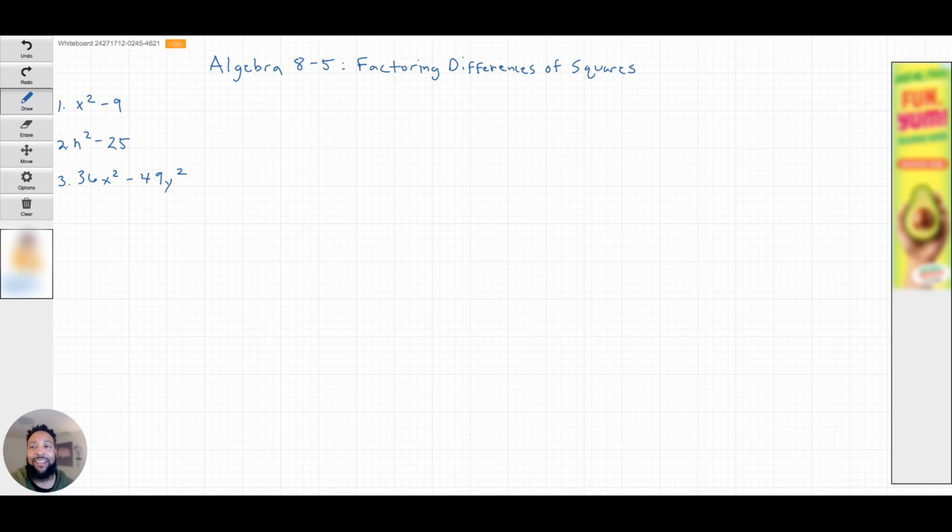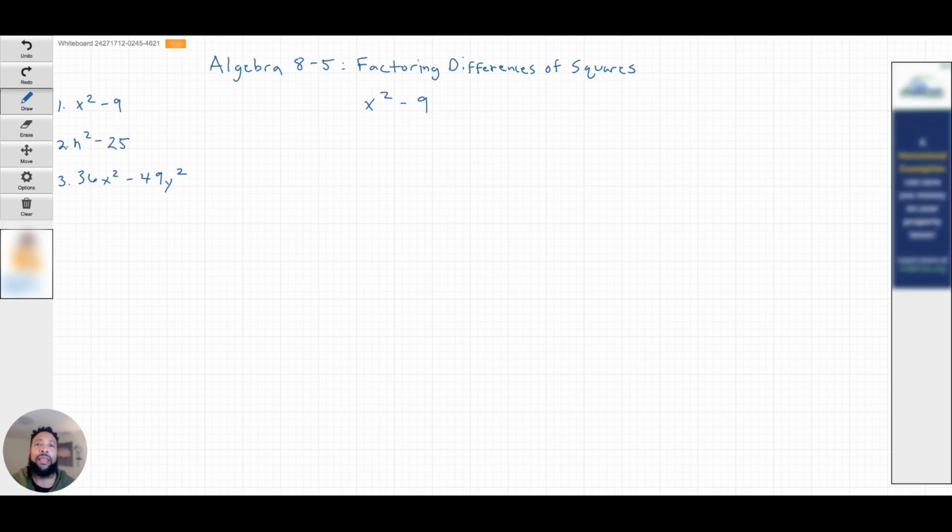Let's get started. So our first problem is x squared minus 9. So let's work our way backwards so you can get an understanding of what the answer is going to be, and then we'll move forward. So I'll move off to the side here and say, let's take x plus 2, x minus 2. So we know when we're multiplying binomials, we'll use our FOIL method, which is first, outside, inside,